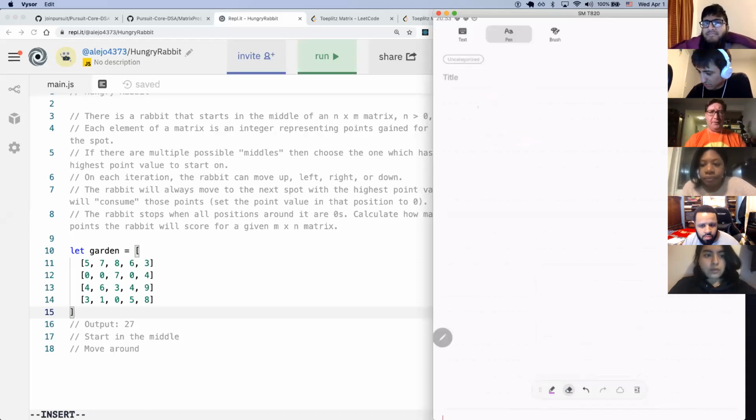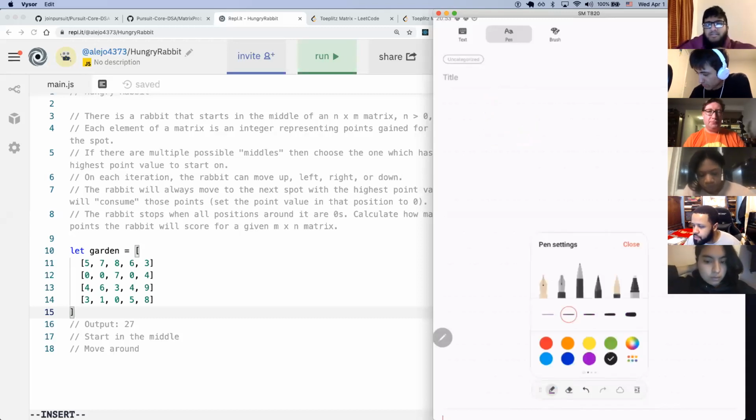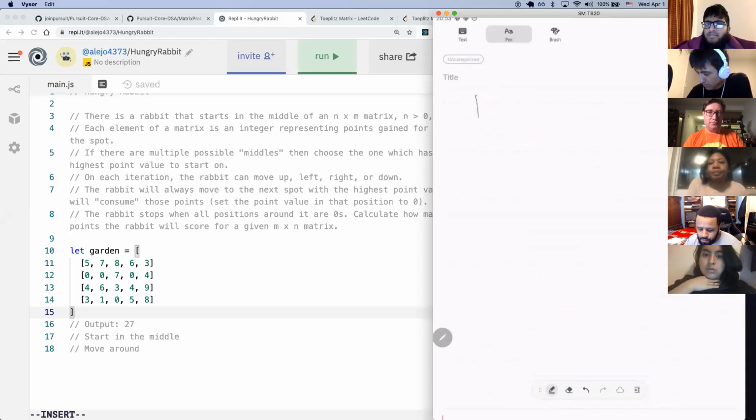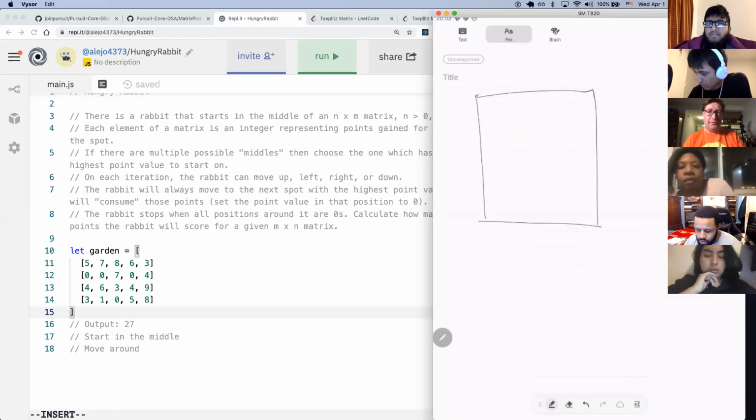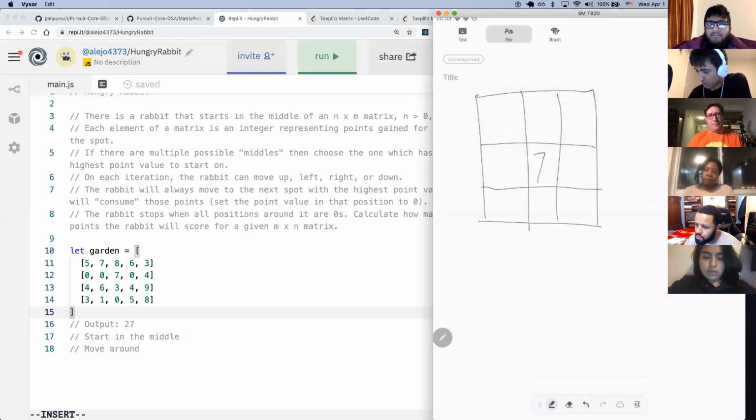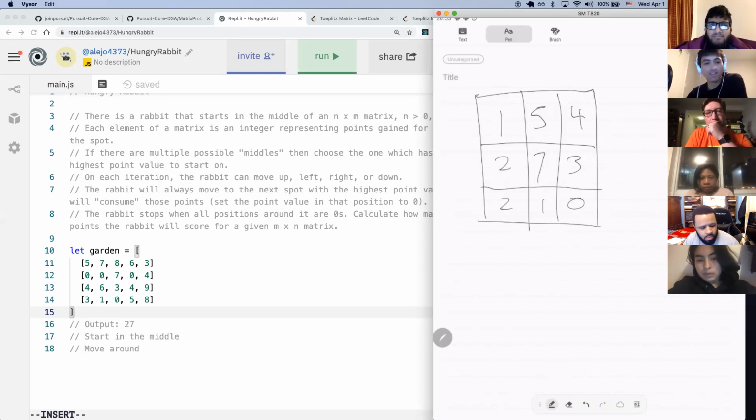Let me actually do that a little bit bigger since we have space. So, I think this is the simplest matrix we can get, which is, say, 7, 3, let's say 2, 1, 0. Let's say we have another 2 here and a 4 here. Oh, actually, no, let's put this to 1. So in this matrix,